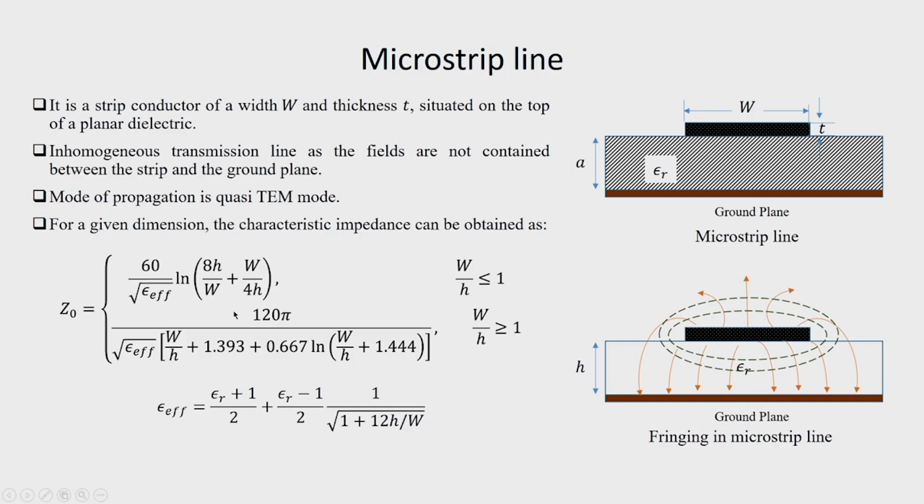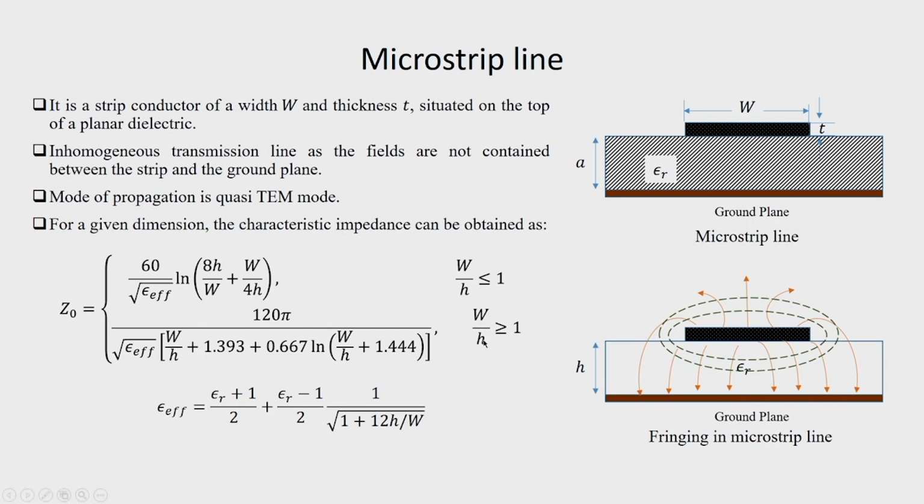Now, this equation is used when w by h is very small compared to 1. That means we have a very thin strip and the microstrip line is very narrow,